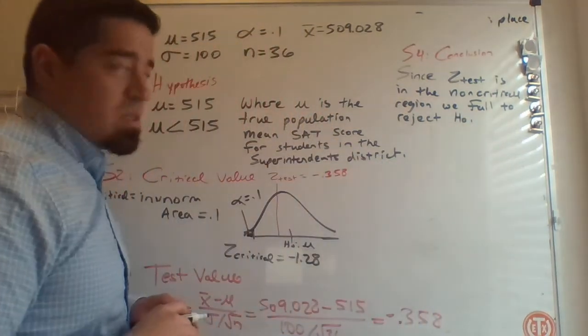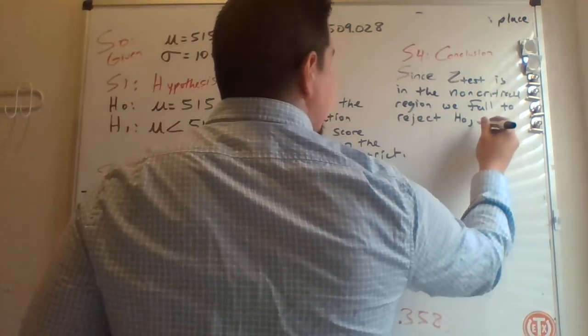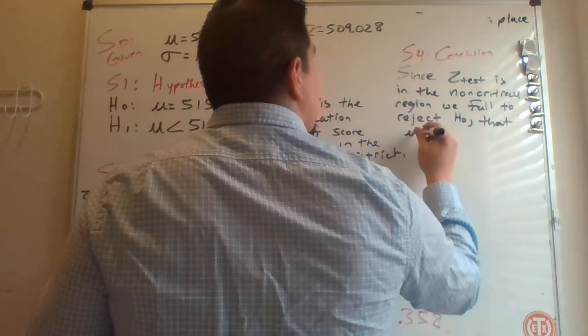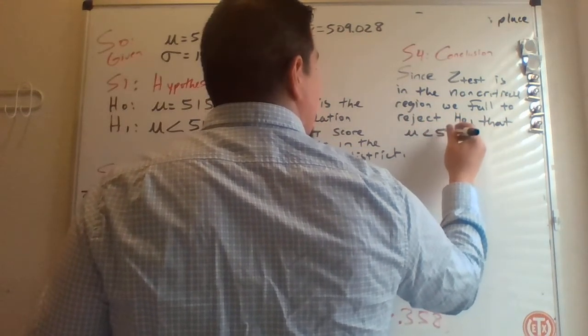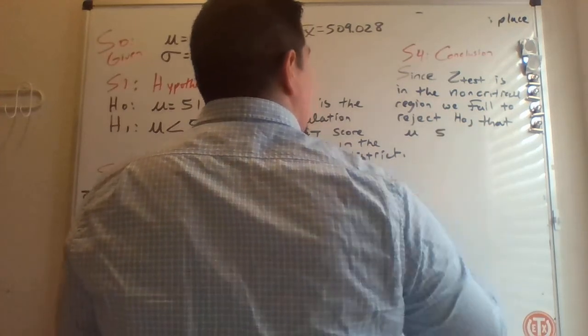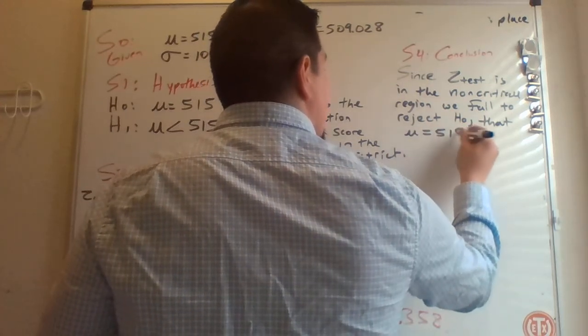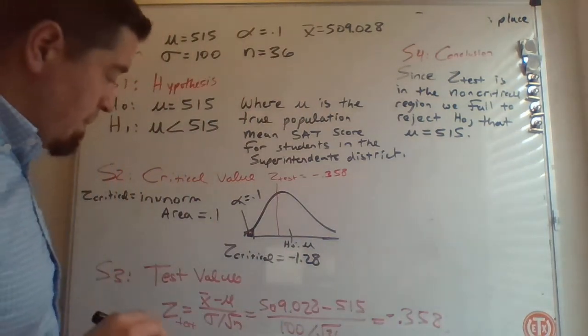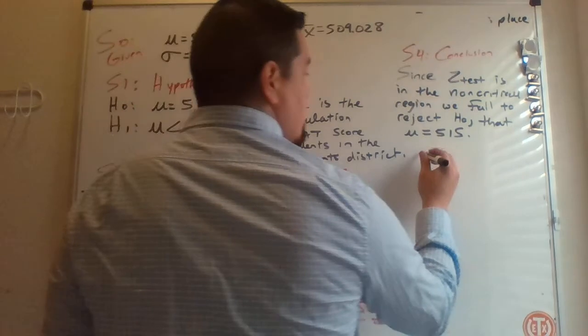Okay, fail to reject H0. And usually I like to just restate it, that the mean SAT score is less than 515, or equal to 515. The null hypothesis. Okay, so that's a good conclusion on the null,